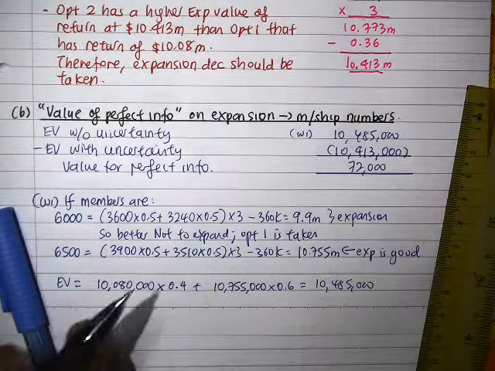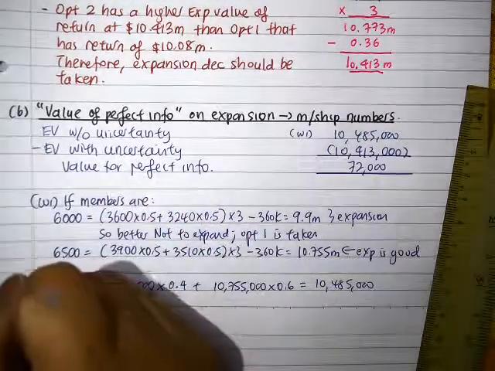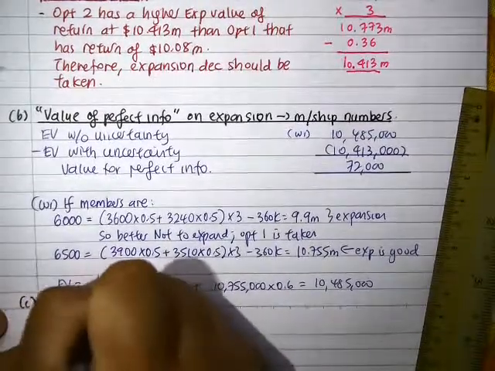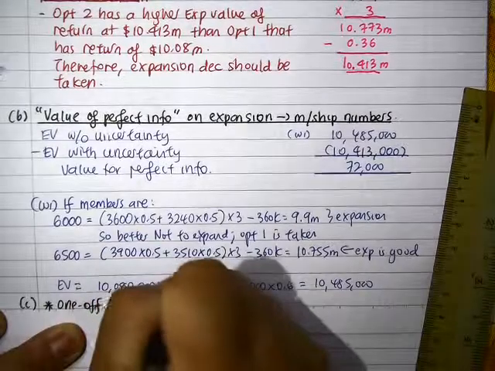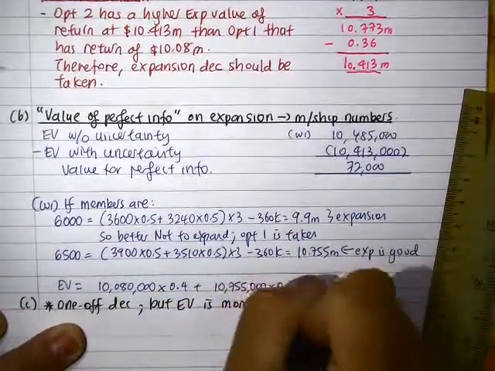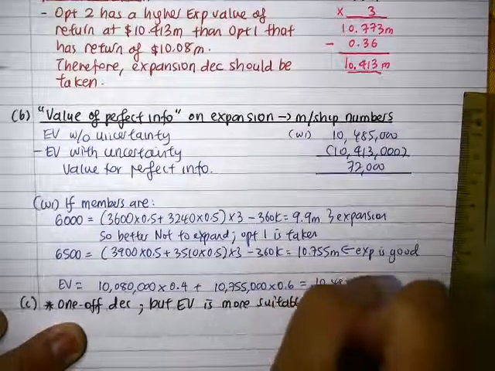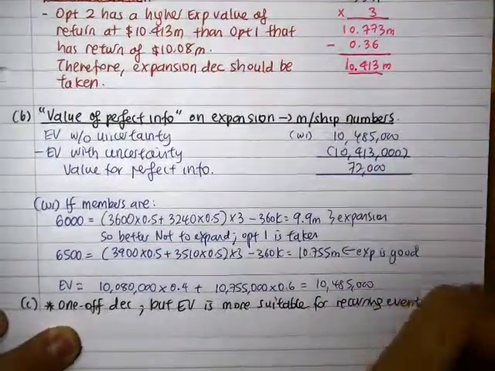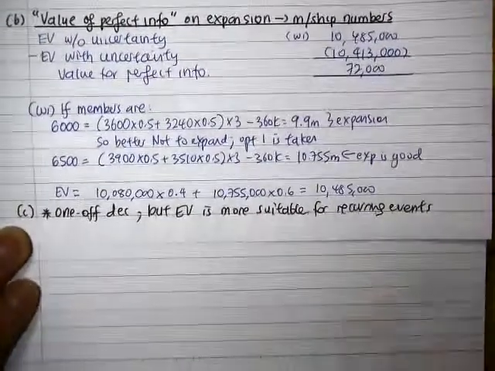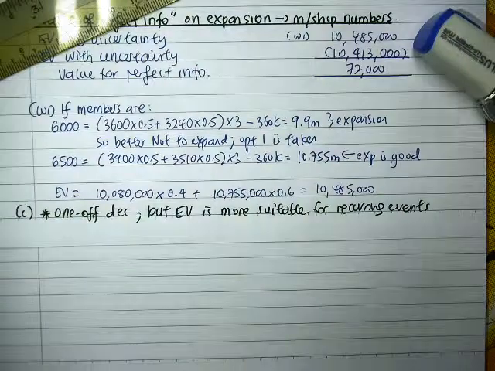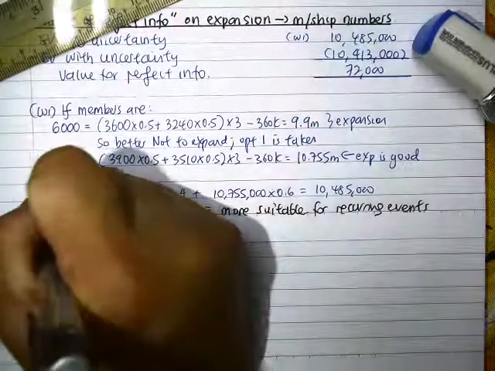Okay, so I just put the point here. I got no space again. So part C. Now, it is a one-off decision, but EV is more suitable for recurring event. Okay, so you can read the answer at the back, so to see how they can write. Now this is one issue that we see. Okay, number two,